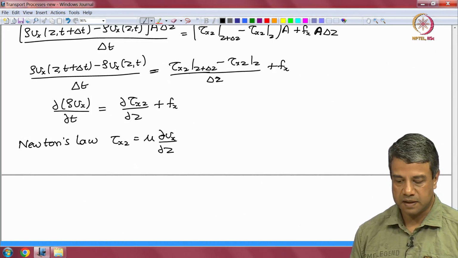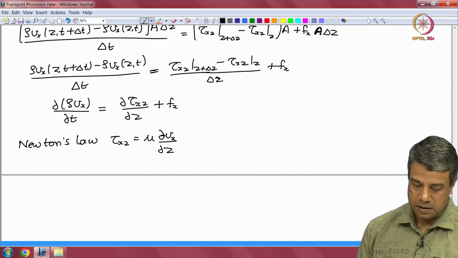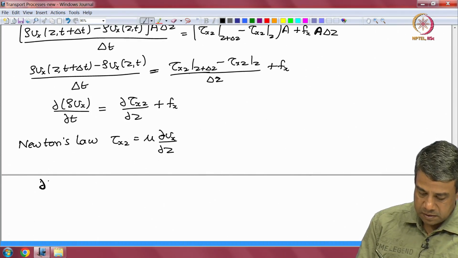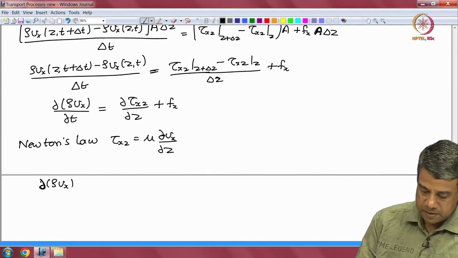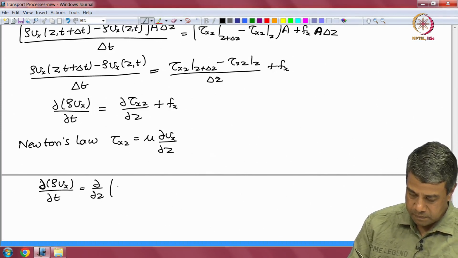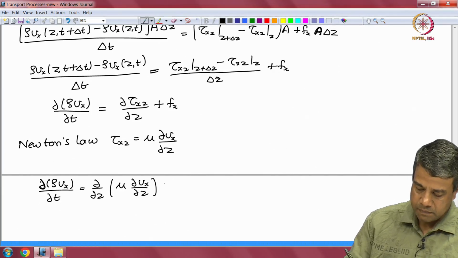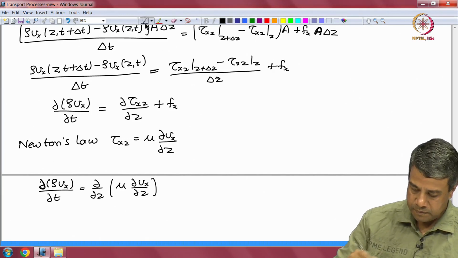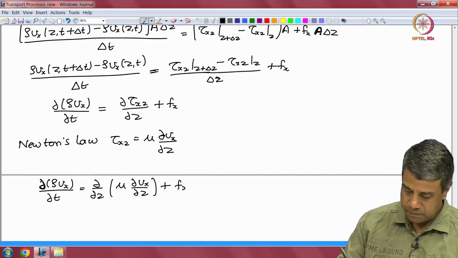Because of that difference, the equation becomes partial rho v x